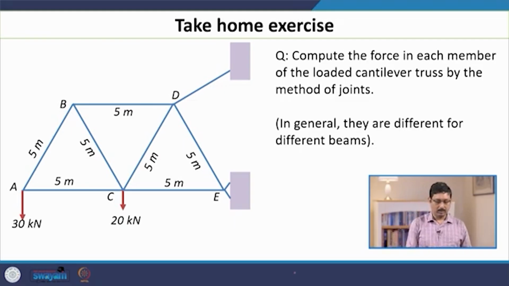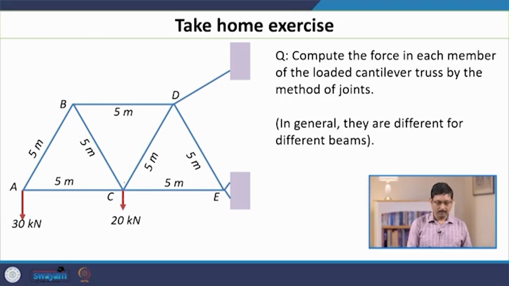So, the supports are now no longer at the 2 ends and the base, but they are on one side at the 2 ends of this beam, D and E. So, this is the difference. And the other difference is that, like in the previous example, you have an external force which is acting on